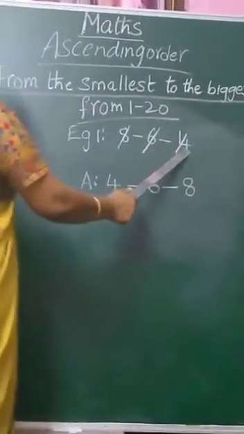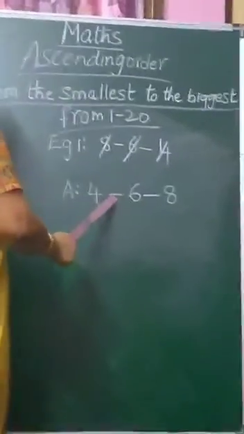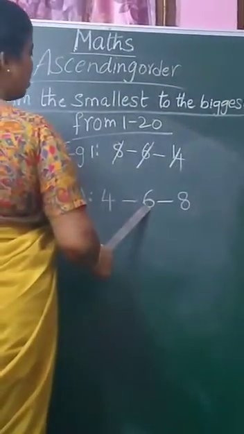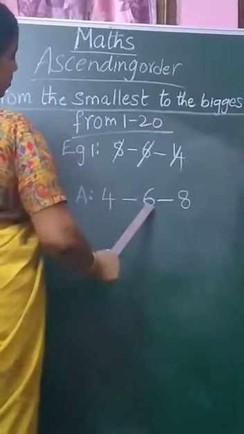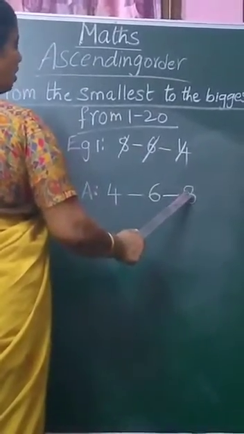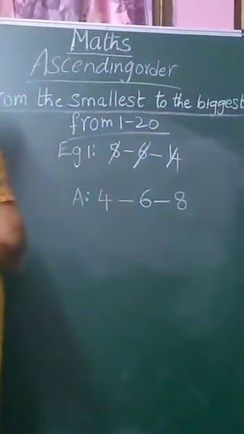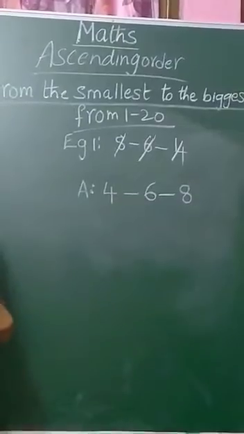1 to 3 numbers are not given. So, I wrote it as the 4 smallest one. Then after 5 is not given. 6 is also little bigger than smallest one. Then after I'll go to 7. 7 is also not given. So, then I wrote it as the 8 is the biggest number. Okay? Have you got, children?